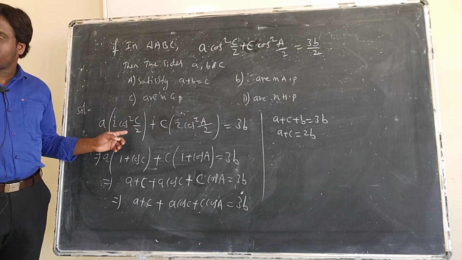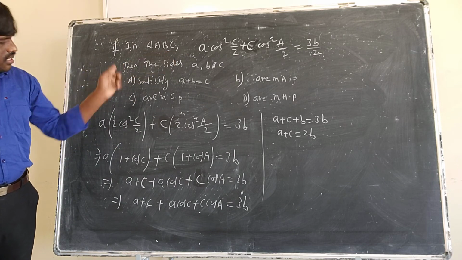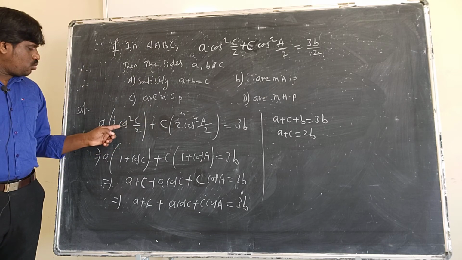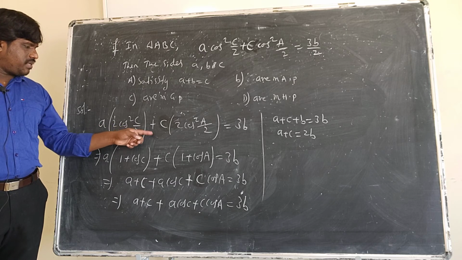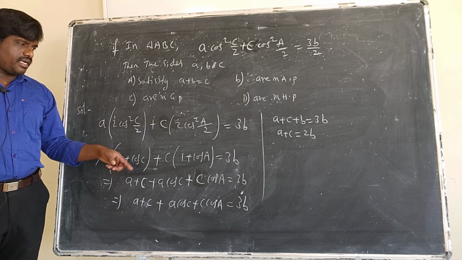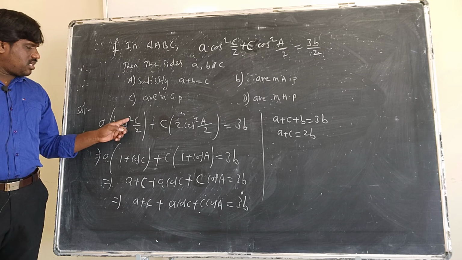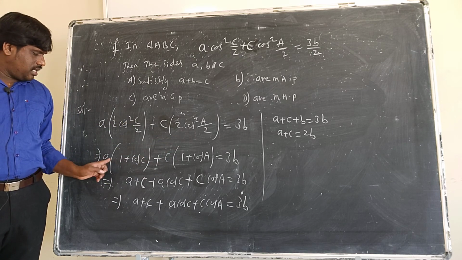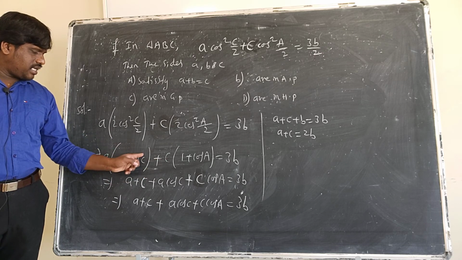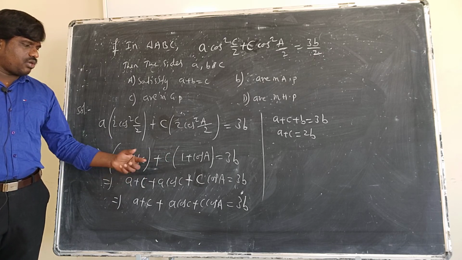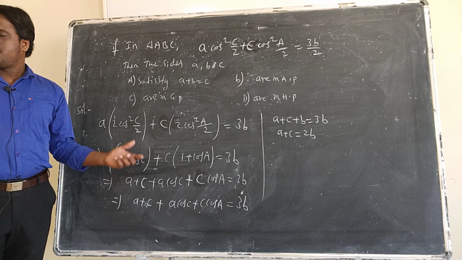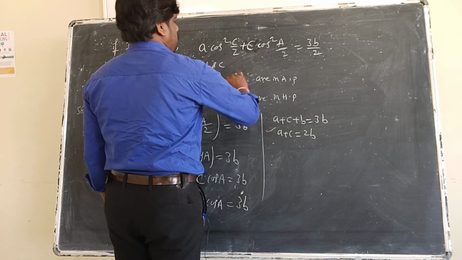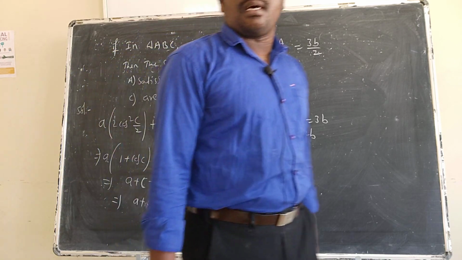So that is the JEE question. See here what I have done: I cross multiplied the 2, so you get the 2 this side. So 2A cos square C by 2 plus 2C cos square A by 2 is equal to 3B. Cos square C by 2 gives 1 plus cos C, and this is 1 plus cos A. So A plus C separated, A cos C plus C cos A by projection rule is B. So I get A plus C is equal to 2B, and it says that A, B, C are in AP. So option B is the right answer.